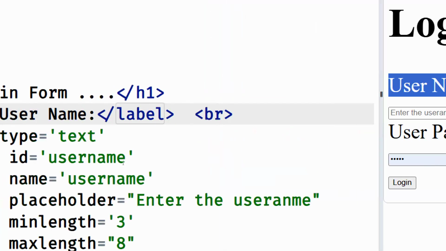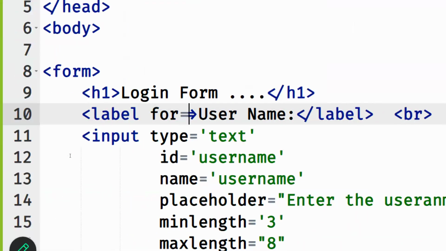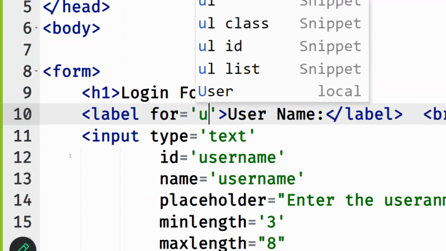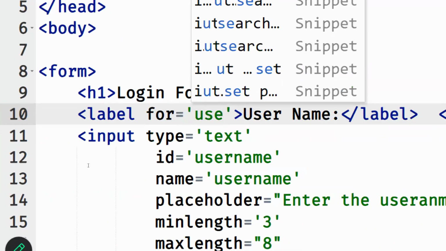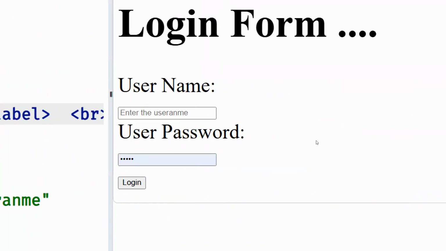Good. That's what best you make the relationship between what? Label and the text box using what attribute here? For attribute. For equal to, you can use the ID attribute. What ID attribute name here? Username, right? Exactly. Guys, now if you make that, now if you click on the username, the corresponding related text